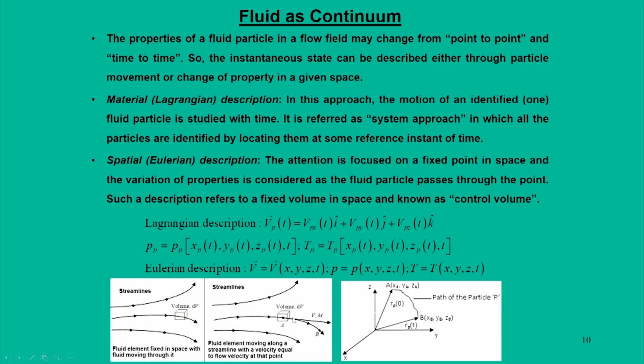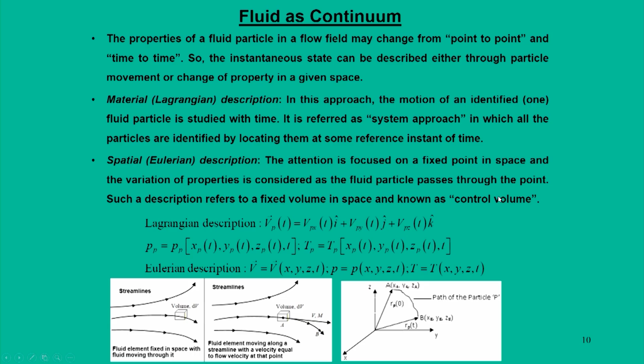So, that is what we say. Here we talk about the global behavior of the streamline, and here we talk about the individual behavior of the streamline. Based on that, we call them Lagrangian descriptions or Eulerian descriptions. In a Lagrangian description, the motion is identified in which the fluid particle is studied through time, whereas in Eulerian descriptions, the attention is focused on a fixed point in space and variations are noted when the fluid particle